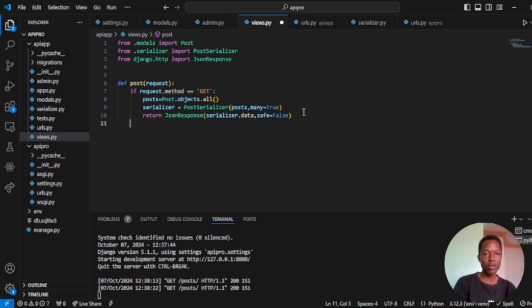So I'm going to create another condition, which is going to be: if request.method is equal to POST. So what should we do? If it's equal to POST, we need to get the data. So we can say data is equal to